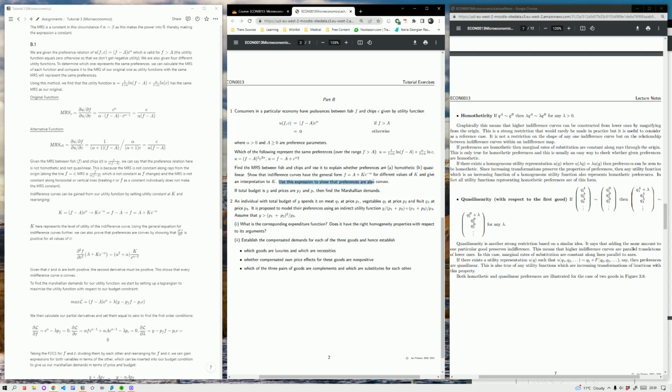Now, use this expression to show that preferences are also convex. You can prove convexity by showing that the second derivative is positive for all the values of C in the indifference curves. If we differentiate this twice, we get this expression: alpha squared plus alpha times K over C to the power of alpha plus 2. Which is always positive because alpha is always positive, as we can see here, and C is always positive